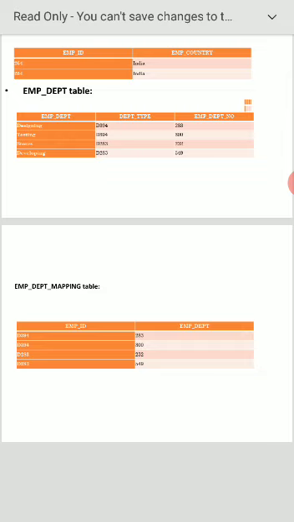Suppose the higher authority asks for information about only the employee ID and country name. You should not give the entire table to the higher authority. Just go to that subtable, get the information, and give it to them.